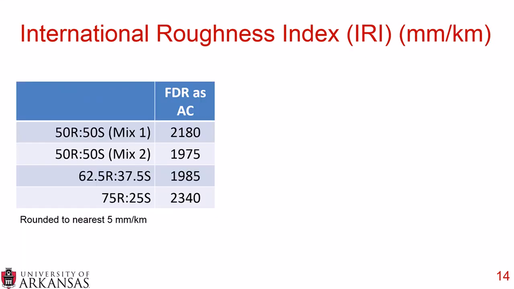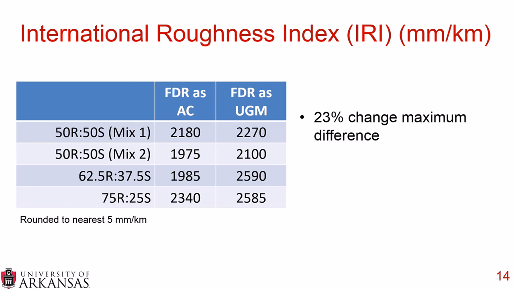The final output is International Roughness Index. So we have, again, our 4 mixtures along the left there. I simply rounded the IRI prediction to the nearest 5 millimeters per kilometer just to make the numbers a little easier to look at. But you can see here, regardless of the mix, the IRI is around 2,000 for all 4 mixtures. And it's a little higher as FDR is an unbound granular material. But the largest difference was 23%,